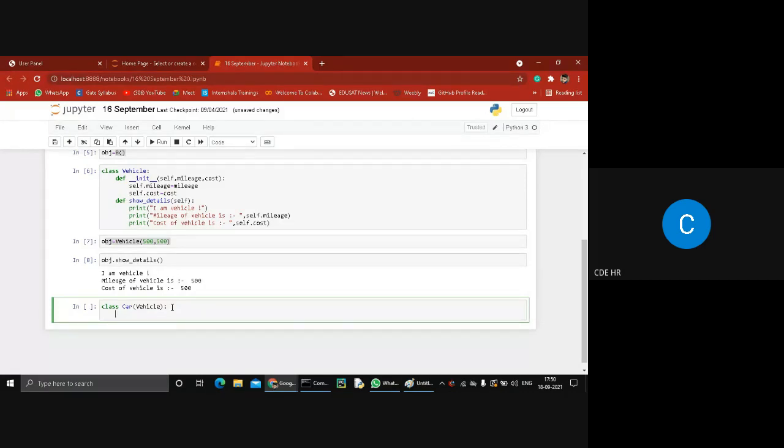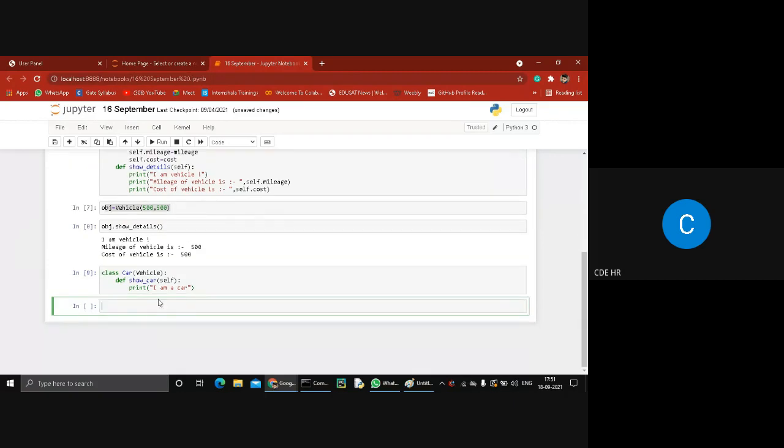In this class, we write a function show car with self, to print: I am a car. Now tell me, in which class do we create an object?